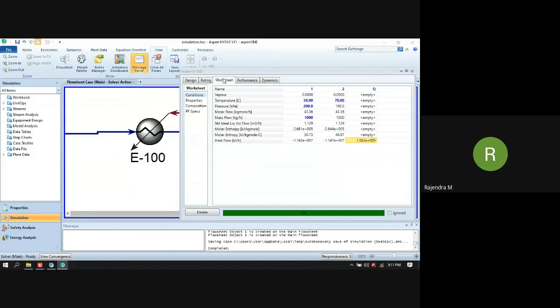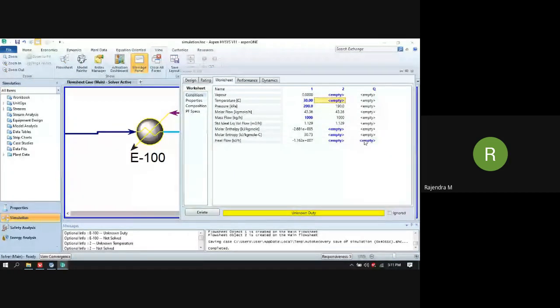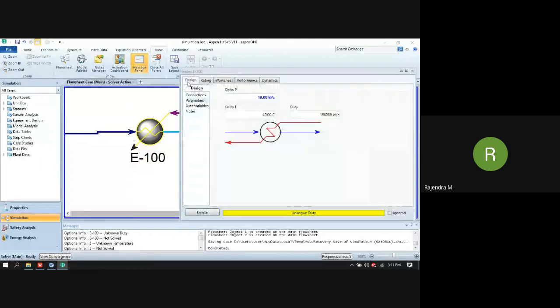So I will delete this 70 degrees Celsius. I can specify energy either over here, or I can specify energy over here also. Excuse me, it was 1.5 times 10 to the power 5 kilojoule per hour.